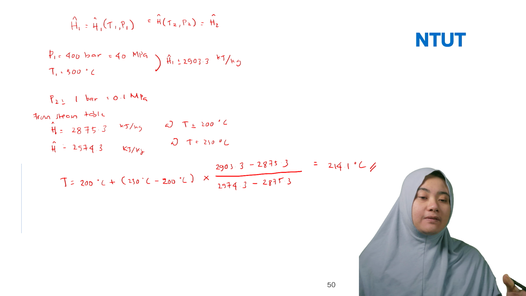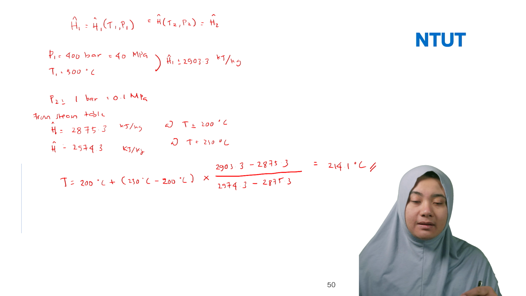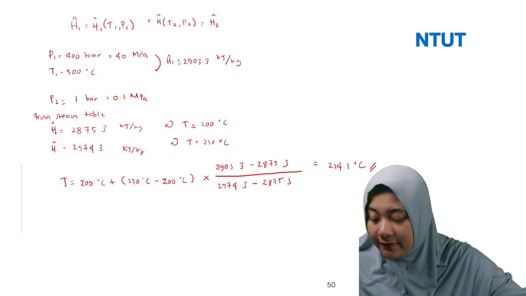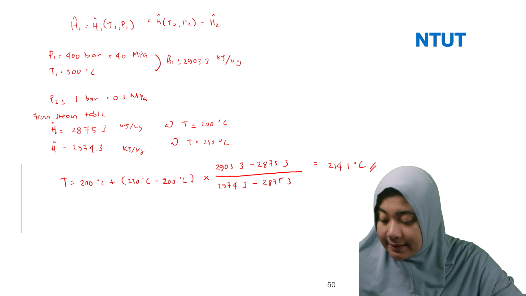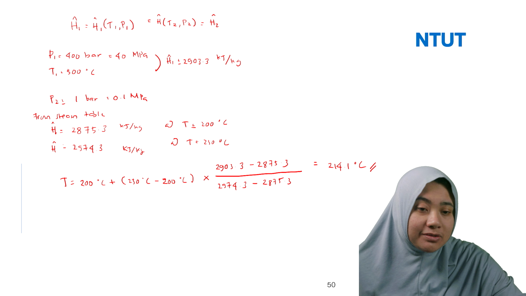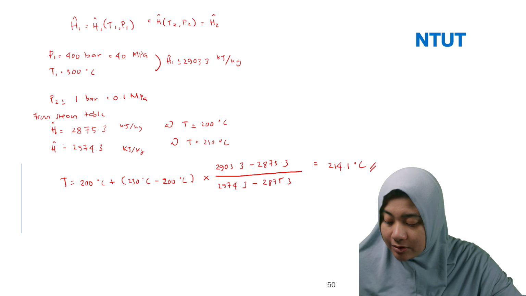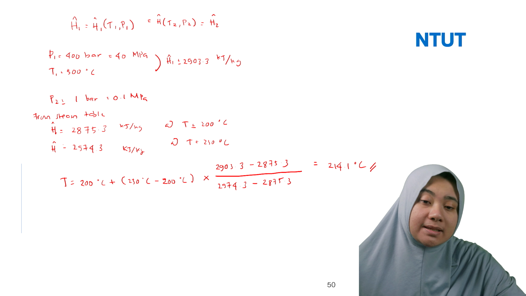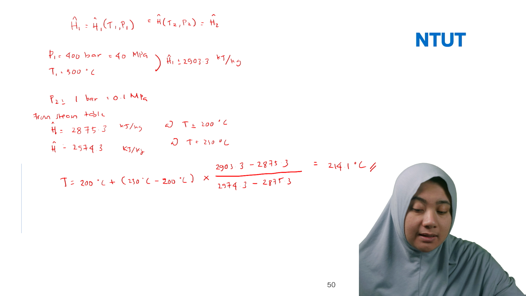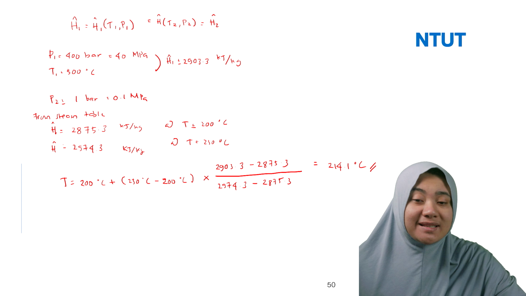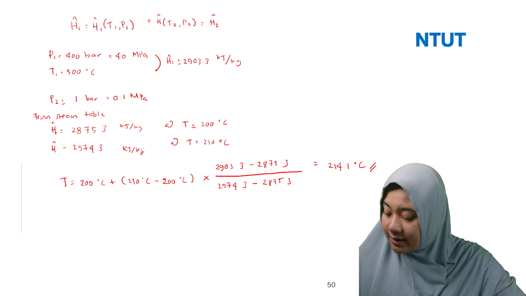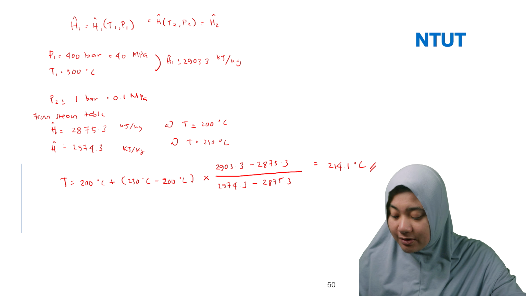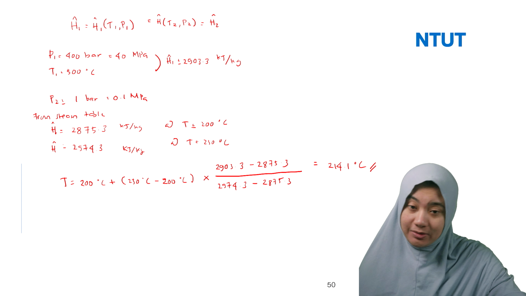Even if you calculate with the Euler diagram figure based on the 331 or 332, the result will be the same. It's around 214.1 degrees C. If you use Aspen to simulate this, I think the result is around 215, so it's not that far. Of course, they will have differences because of accuracy. Even when you read the curve, every person has a different scale, so there is uncertainty in this case. Of course, the most accurate one is the steam table, because we just use the interpolation, and then you can calculate this.